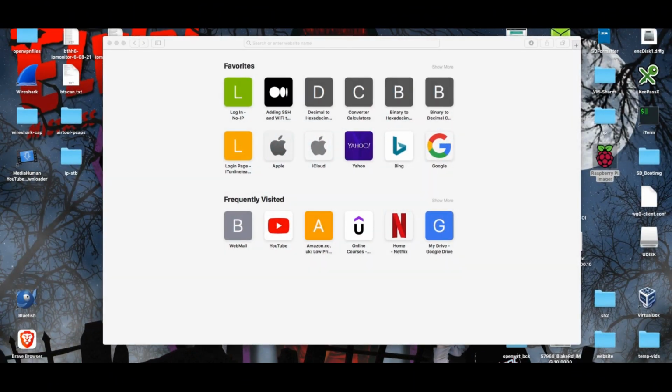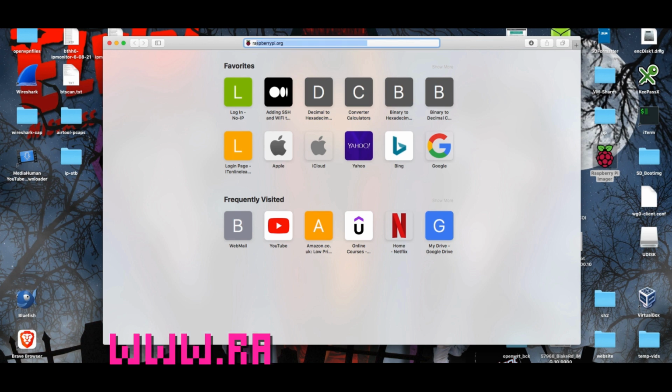Okay guys, so the first thing we're going to do is load up our browser, which I've got here. Now I'm using Safari on Mac OS X, but you can use Google Chrome, Firefox, whatever browser suits you. And we're going to need to download the Raspberry Pi imager. Now I've already got it downloaded here as you can see, but to download it for your operating system, i.e. Windows, Mac, Linux, you need to go to the Raspberry Pi website, which is raspberrypi.org,